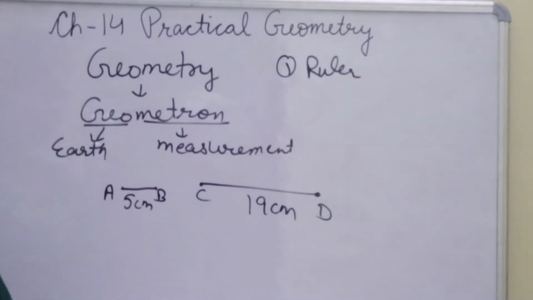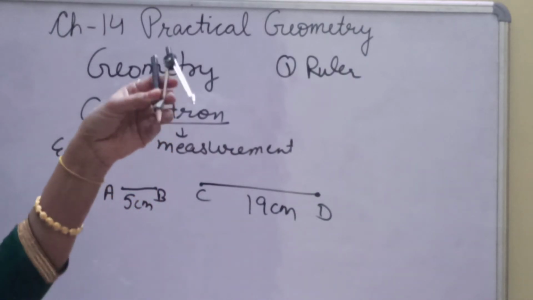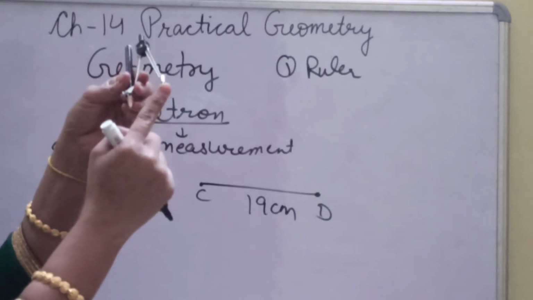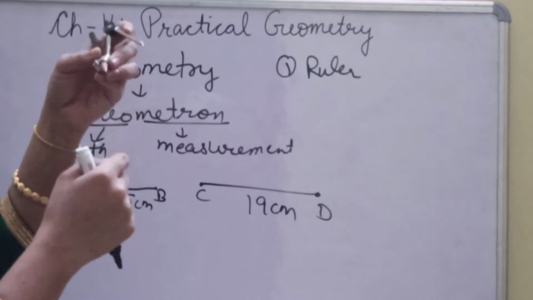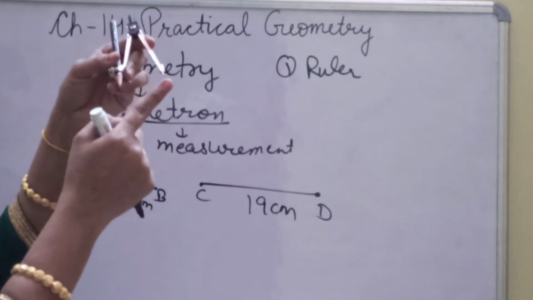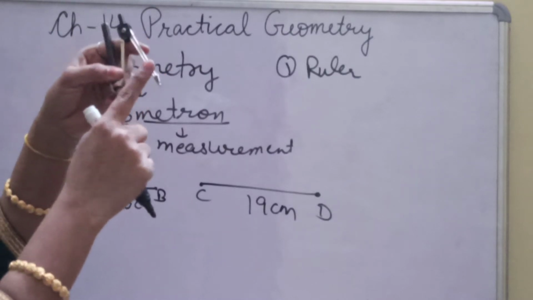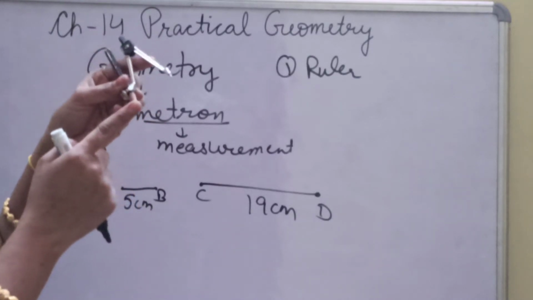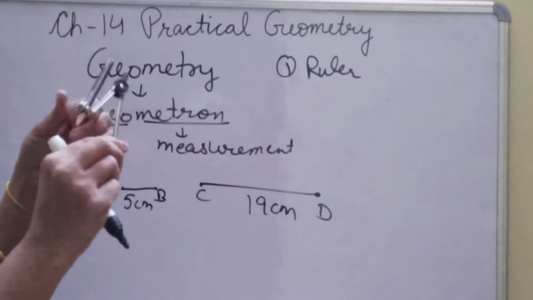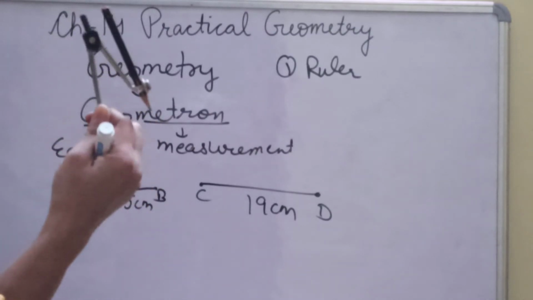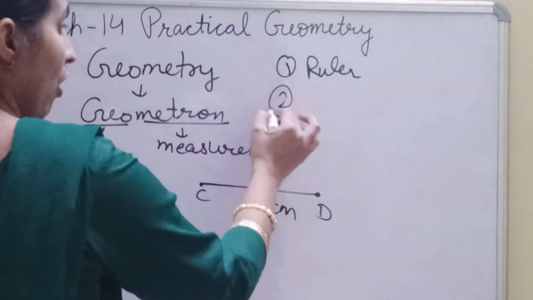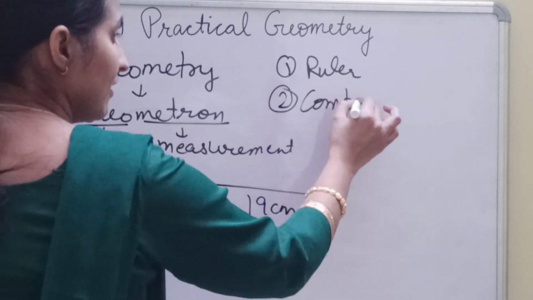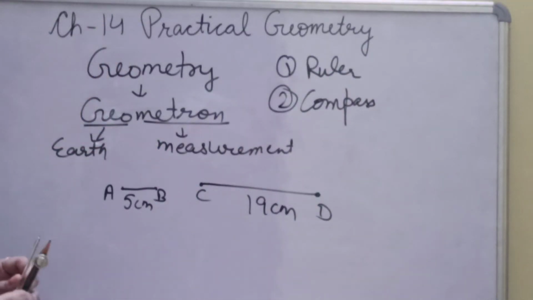Now the second thing that we are using is this one. This is our compass. In this we have one pointer itself and on the second side we will place our sharpened pencil. So ultimately we will get 2 points. One is of the pointer itself of this compass and the second one is of the pencil. Now why or how do we use this? We will use this compass to draw circles or to draw arcs, etc. when we draw angles.